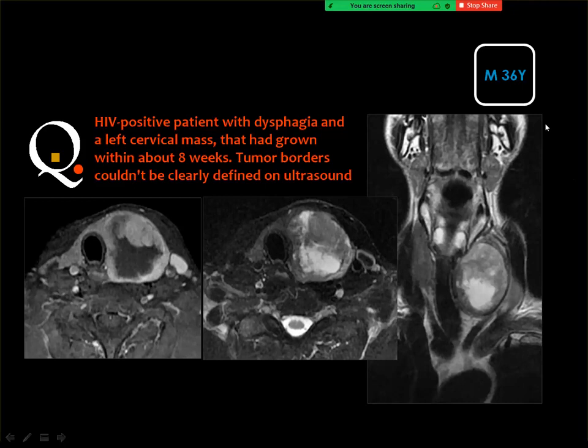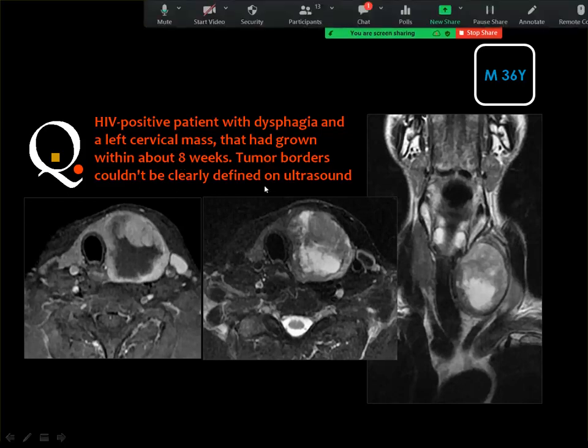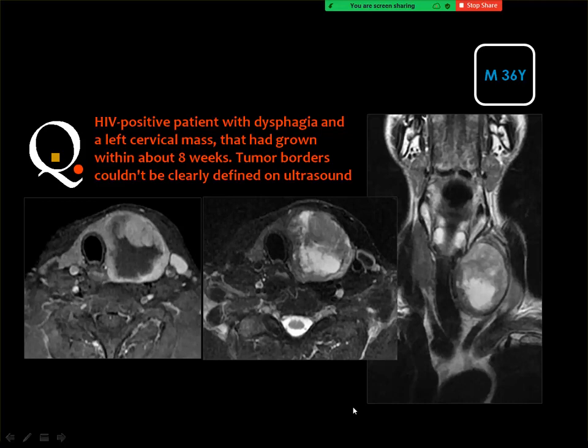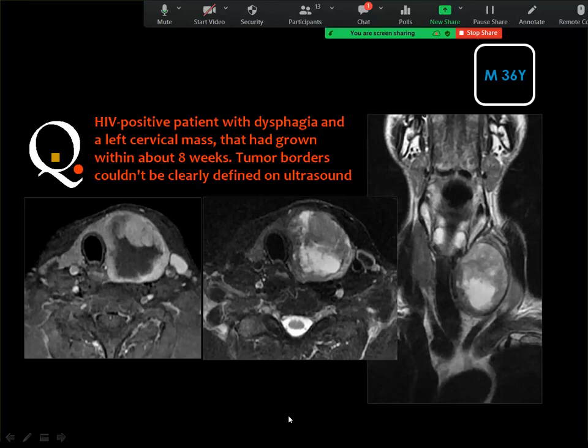And this is a male, 36 years old, HIV positive, presented with dysphagia and a left cervical mass that had grown within about 8 weeks. The tumor borders could not be clearly defined on ultrasound. Yes, very good, this answer. Anaplastic thyroid cancer. And this type is very rare. It's an anaplastic type